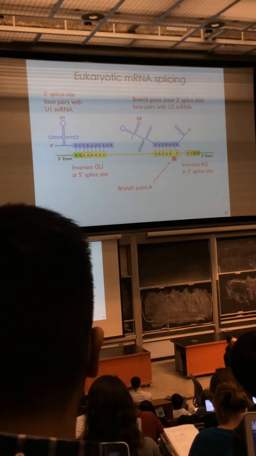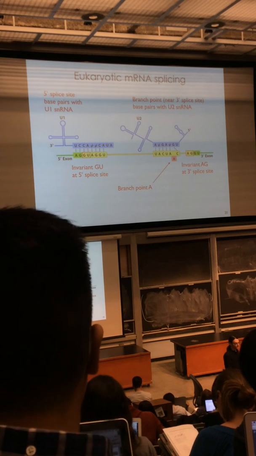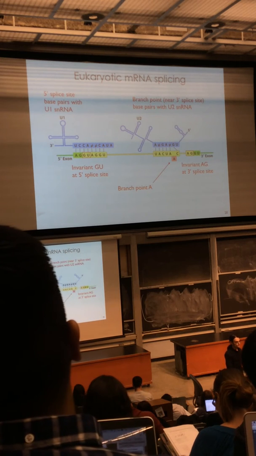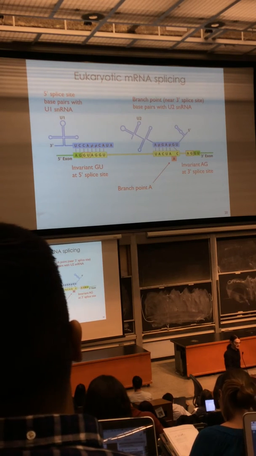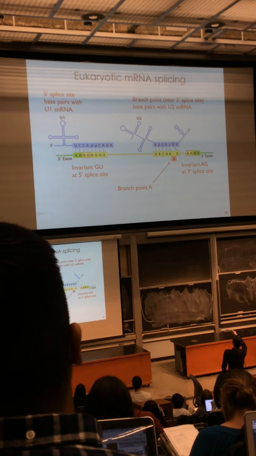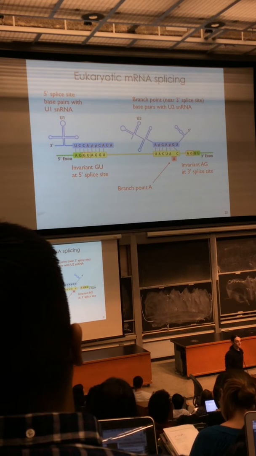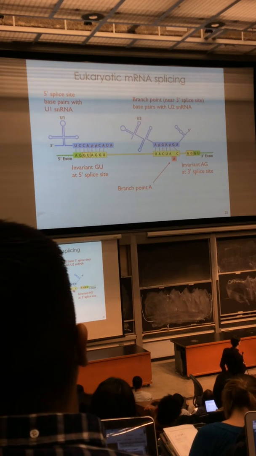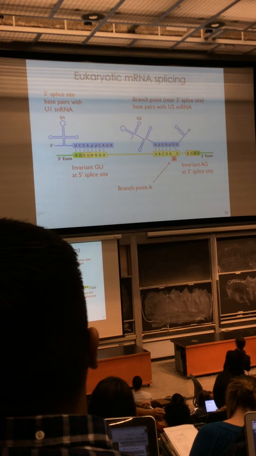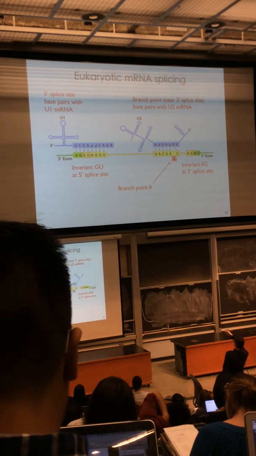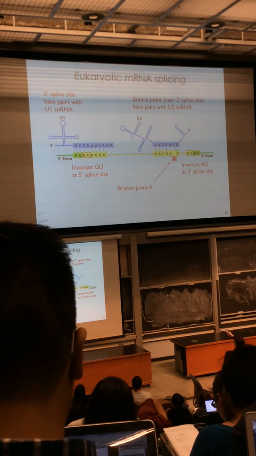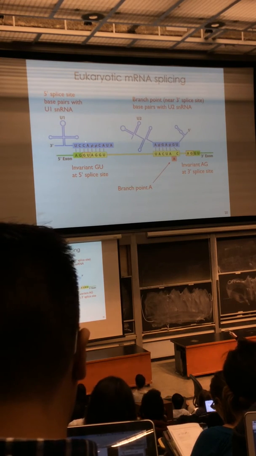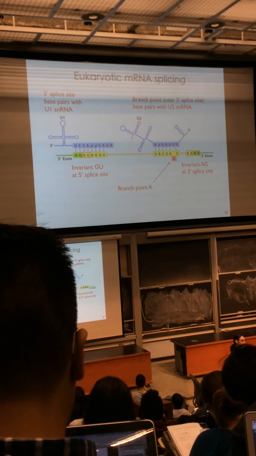In the case of eukaryotic pre-mRNA splicing, one of the major determinants is base pairing between two of these snRNAs and the sequences right at the ends of the introns. The U1 snRNA base pairs right with the 5' splice site itself. There are two nucleotides that actually pair inside the exon. The most important two, which are completely invariant, are a G and a U base pair in the first two